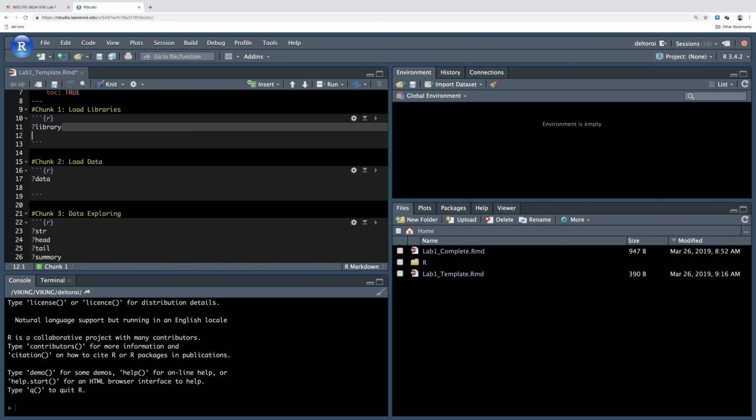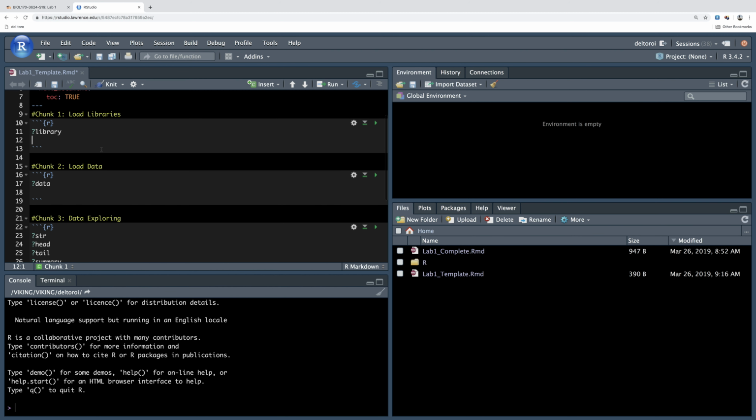All of the code that you build will go in between these 2 in this highlighted area, so in this case, lines 11 and 12. The first thing that you'll notice is that this template has a whole bunch of question marks on it. Question marks are really important in R because they give us supplementary information about different functions that you're going to be using. For example, if you wanted to use the function library, we would type question mark library and run